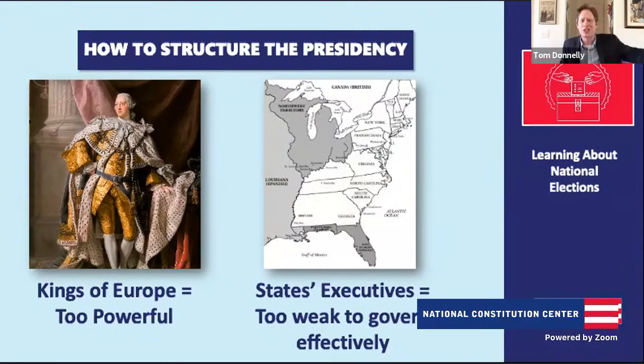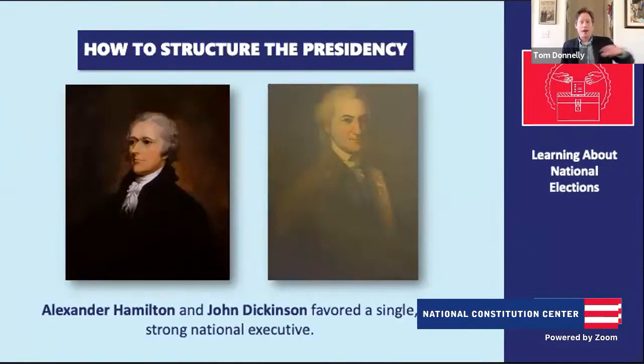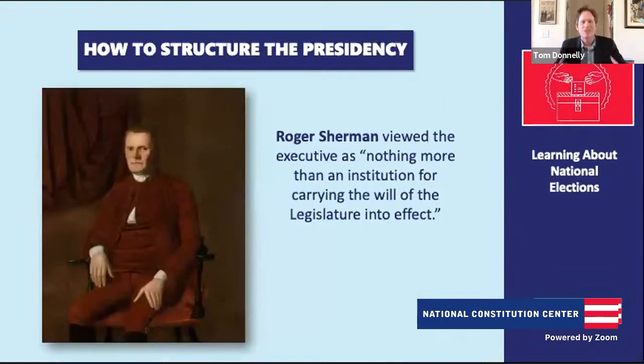You have delegates like Alexander Hamilton, who, in fact, even liked the limited monarchy of Great Britain a bit, but certainly wanted a single strong president, someone independent of the legislature, independent of Congress. But on the flip side, you also had people like Connecticut's Roger Sherman, a really important delegate, who really wanted a weak president and a strong Congress, just a president who was going to carry out the commands. So you see these battles between the delegates, and over time they're going back and forth on a